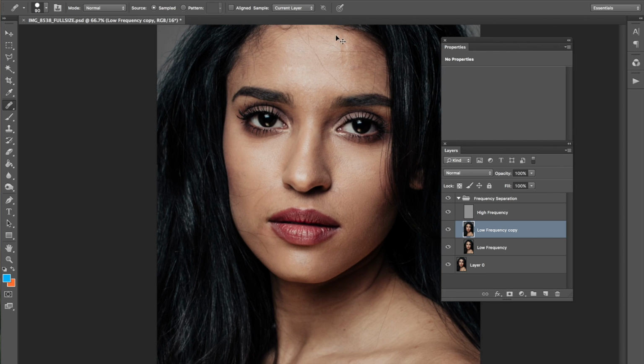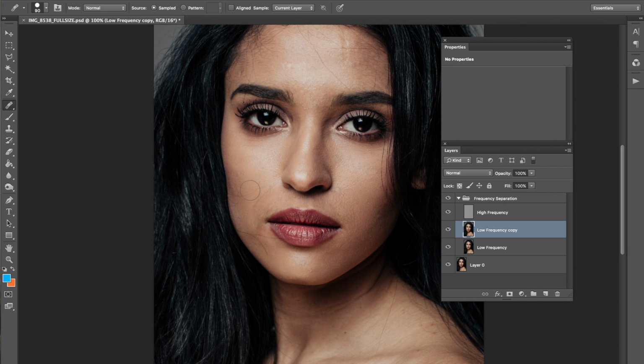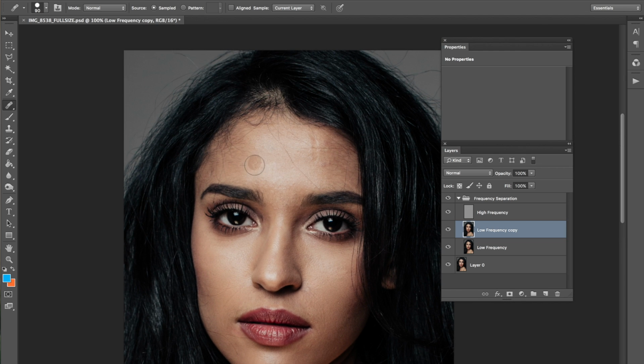And I try not to retouch too much. I guess it just depends on the lighting that you're using and what kind of lens, also how sharp your